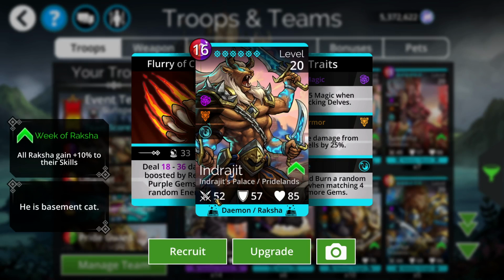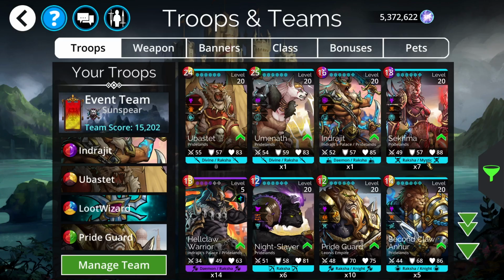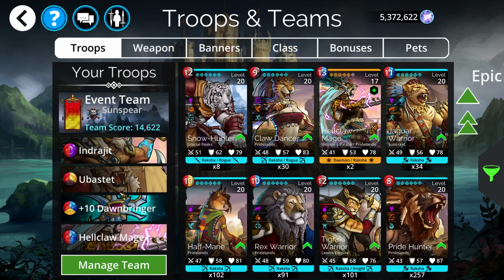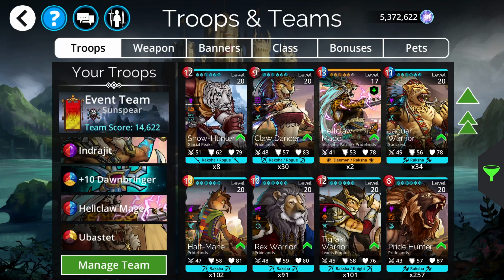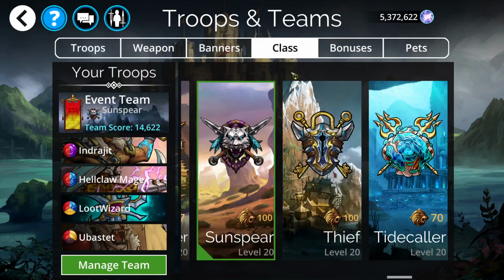This guy is an underworld troop. I believe it's a legendary troop down in the underworld there, but it deals damage boosted by red and purple gems to 4 random enemies. Excuse me. So I like that, and with 160% spell damage bonus, we are going to be rocking with this thing, and I've already been testing it out with some battles, and of course things are kind of low level right now. But the other awesome thing too is we can use the Sunspear class,